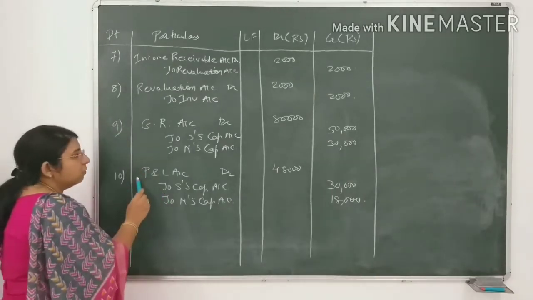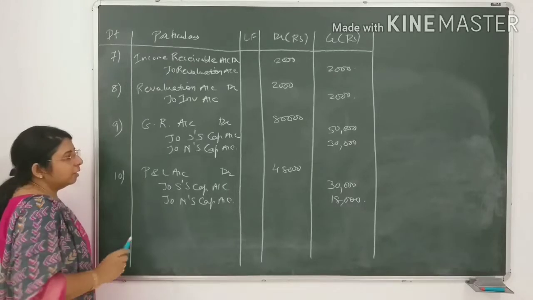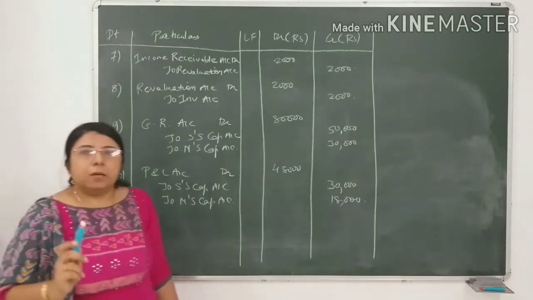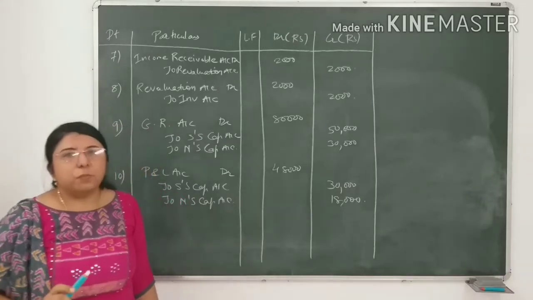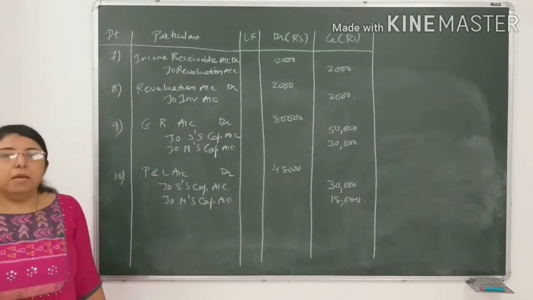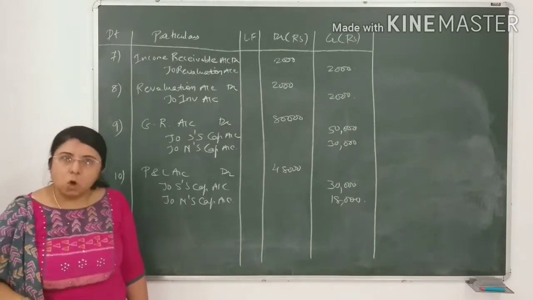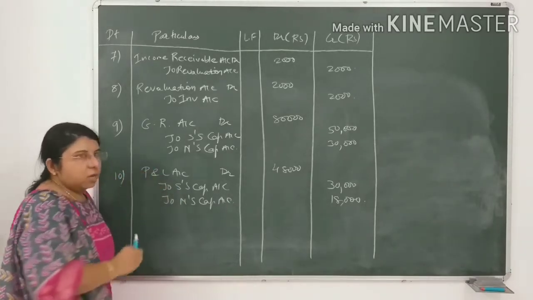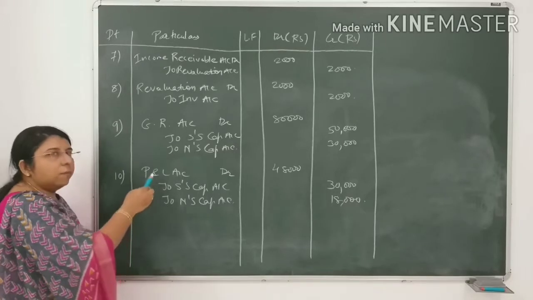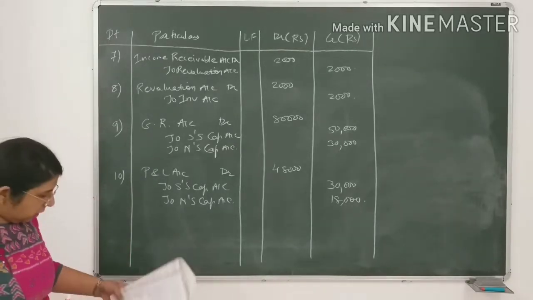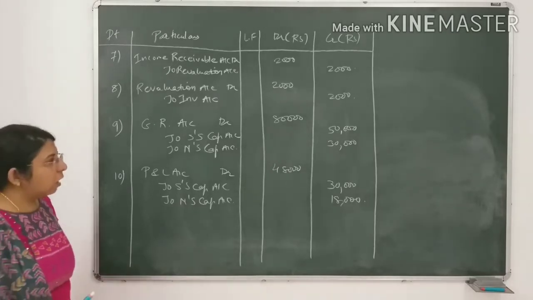If the balance is given on the liability side of the balance sheet, then it is called accumulated profit. But if in the question the balance of the P&L account is given on the asset side, then it is called accumulated loss. In case of accumulated loss, the reverse effect would apply, that is, partners' capital account debit, P&L account credit. Here the accumulated profit given to you is 48,000.